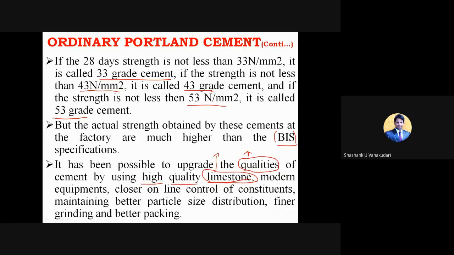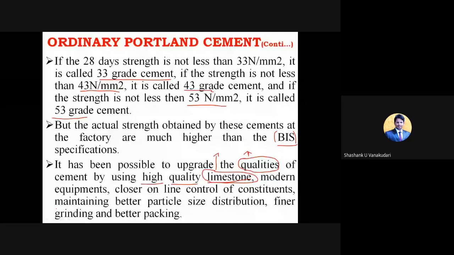Clear? And then using high quality limestone and modern equipment, where modern equipment is, for example, the rotary kiln, that is the heart of a cement factory, right? When we use modern techniques or equipment, where everything is digitalized, we can maintain a better temperature within that rotary kiln. If it is done manually, you can't maintain that much heat, that is 1300 degrees Celsius to 1500 degrees Celsius.